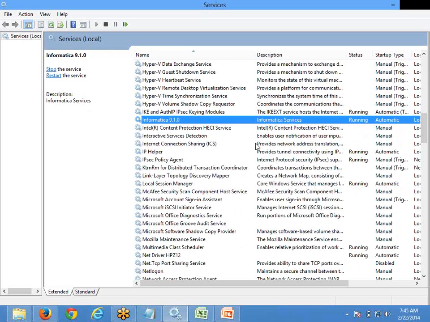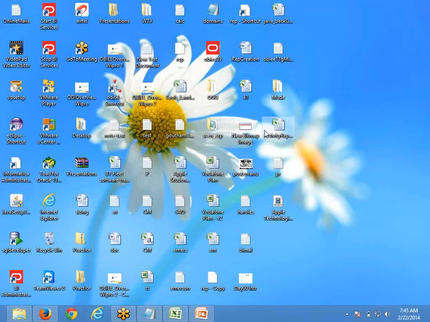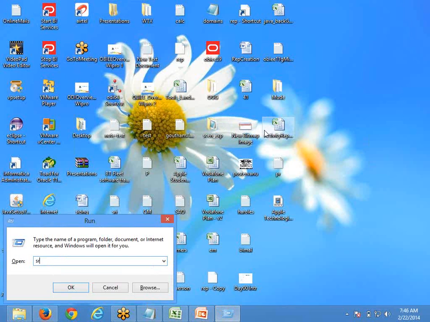But mostly, around 70% of Informatica servers will be running on Unix. Here we are talking about Windows. Once you install Informatica software, you will see a service running. If you go to Run and then services.msc, or go to Control Panel, you can get the services also.